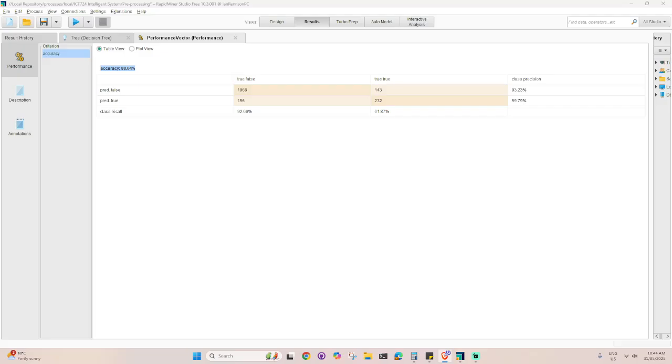So with the above result, it shows that 93.23% were predicted to be low risk patients, while 59.79% of those predicted high risk were actually high risk patients, with a class recall of 61.87%. And then basically the class recall, which is 61.87% for the high risk, is for the true high risk individuals. It is a bit low, which means that